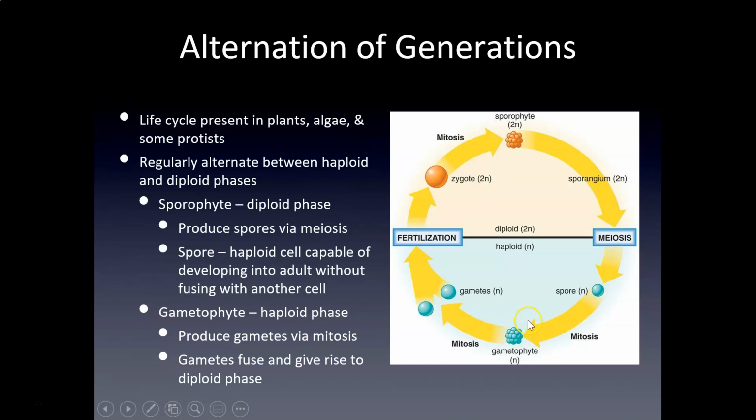Because it's already haploid as an adult, it will go through mitosis to produce those gametes. Those gametes will come together then via fertilization, make a diploid zygote, just like we saw in humans. The diploid zygote then will go through mitosis to produce the sporophyte, which is diploid, and then that will go through meiosis to produce those spores and keep this going. So you basically have two adult forms, the sporophyte and the gametophyte. And so every other generation, we are back and forth between those haploid and those diploid adult versions, which is pretty cool.